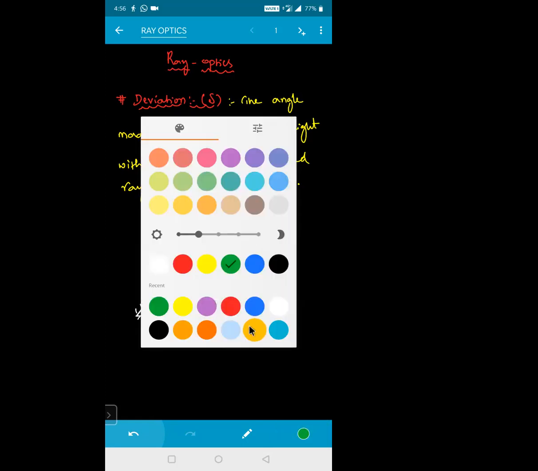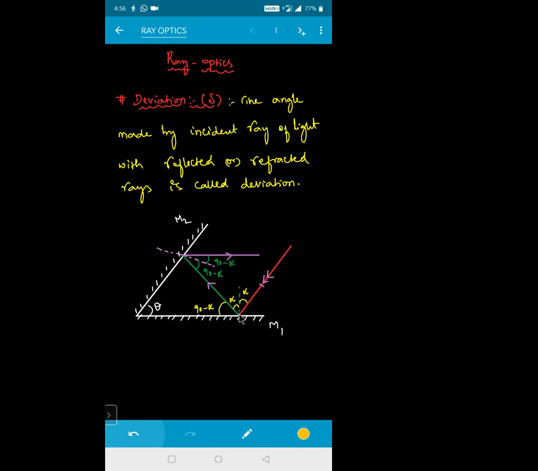Now, can you tell me the deviation? So for this ray of light, that whole angle will be 90 minus alpha, right, sir? Now 90 minus alpha plus 90 minus alpha, two of them. The angle of incidence will be the same, because if this is theta, by the parallel property this should also be taken as theta. This is 90 minus alpha, because this is a straight line and these are parallel.